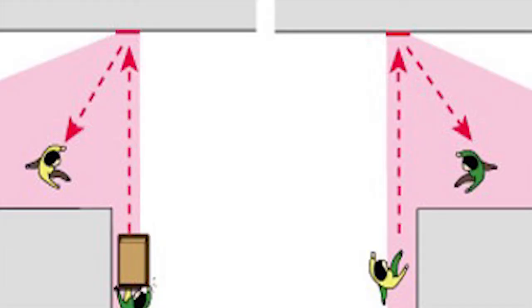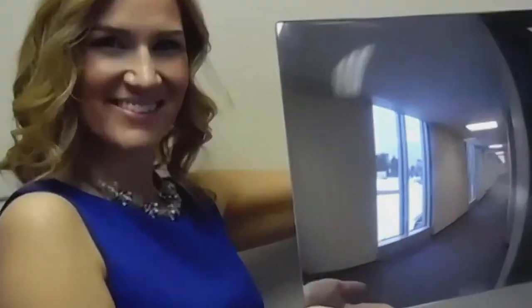We have a product for wide corridors too. We divided our large mirror into two parts with a wide view in one direction. In this case, we installed each of these mirrors closer to the crossing path and not in the center of the corridor. Komy mirrors come in 3 product sizes: large, small,